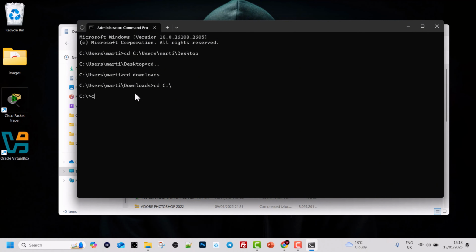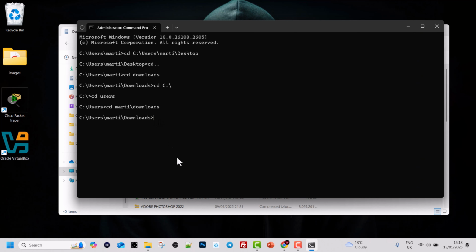Or for example, I could go CD, first enter users, then hit enter, and now I am in my C drive and in users directory, and I know that in my users directory there is a username which is my username, which is Marty, and I could also navigate there by typing in CD and Marty. Or I could go, for example, straight away into downloads directory by typing / and downloads and hitting enter. And here you can see that I have navigated to downloads directory, and now I can execute all other different